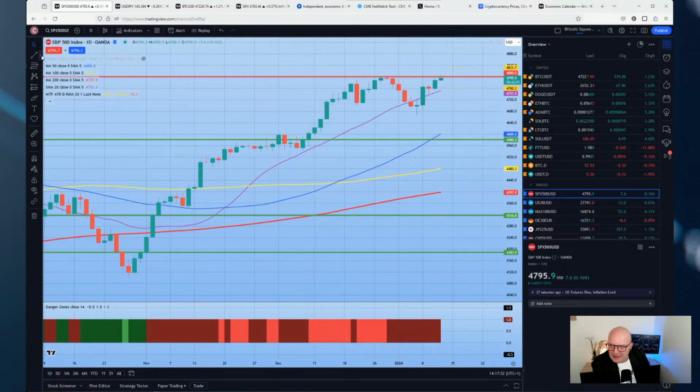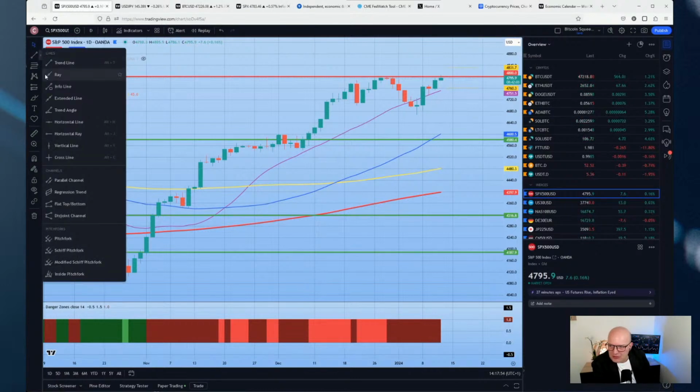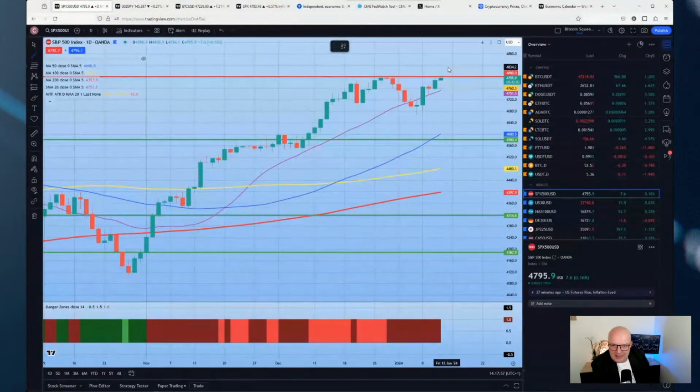I don't know if you can see this actually very well. I'm just going to maybe highlight this more for you. You can see a line up here, and you can see a line down here. This is our average true range, and this is going to become important later when the data is revealed, because